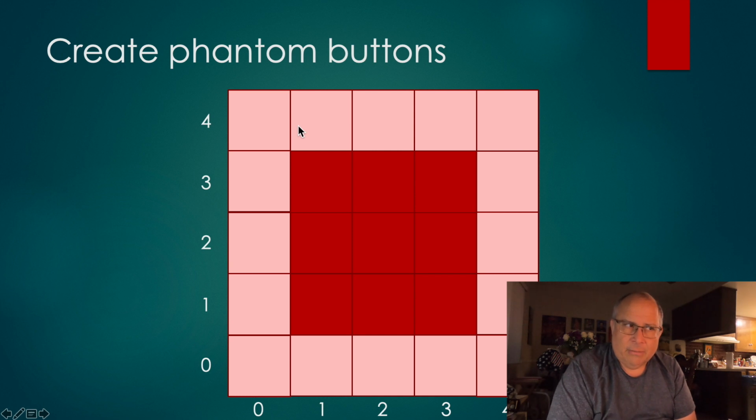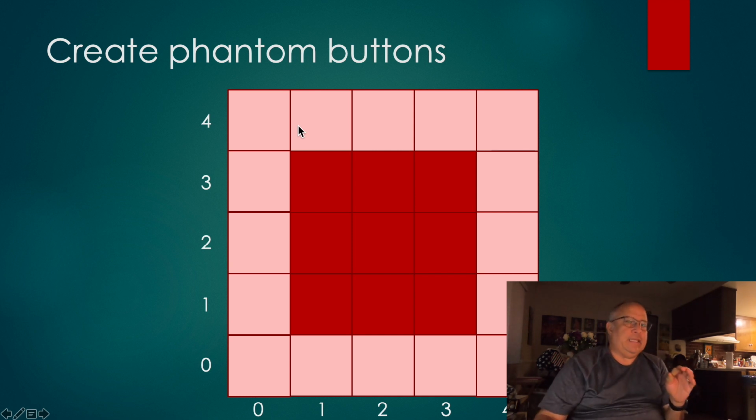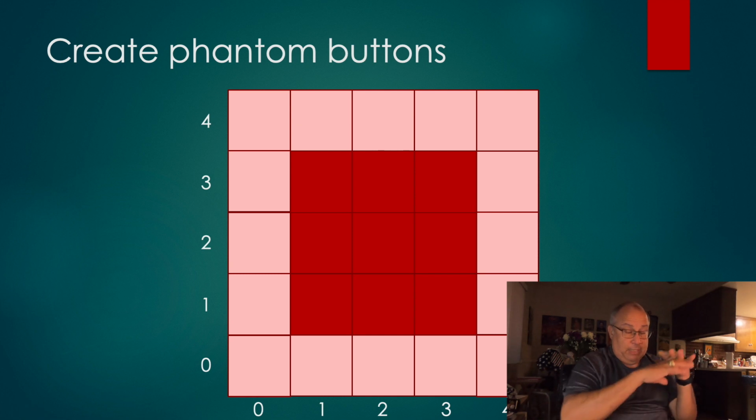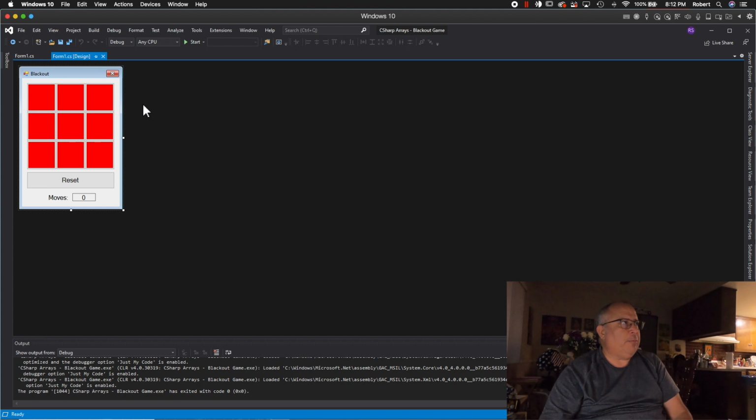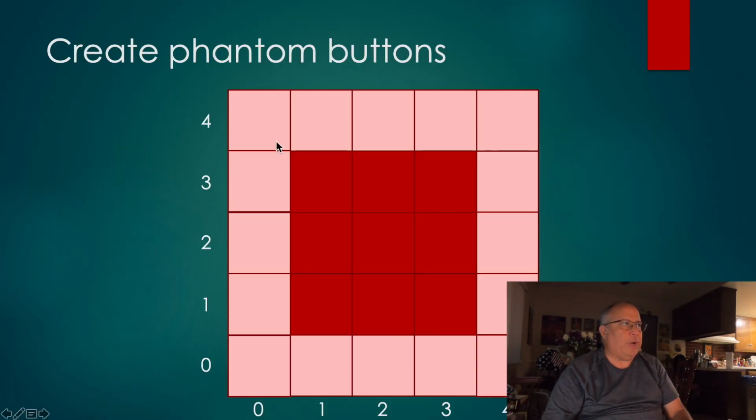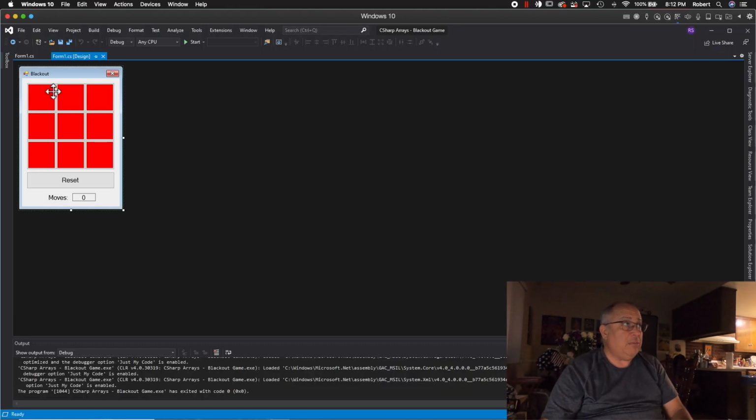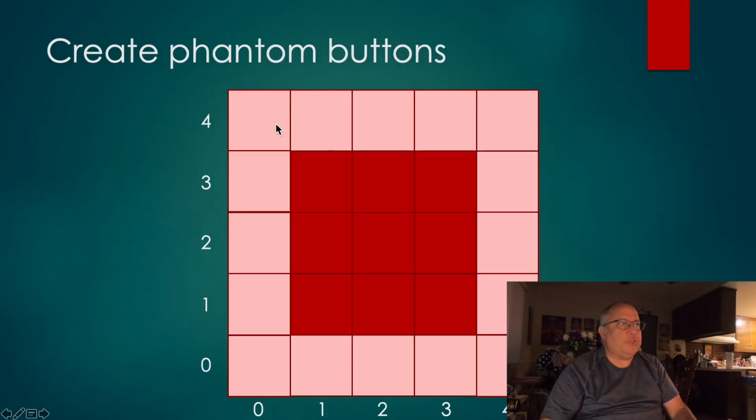Professor Solis, what's a phantom button? It is a button that does not exist in terms of its visual appearance, but it exists in memory. Put another way, if I take a look back at our Visual Studio Code, you'll see that in Design View I have my 9 game buttons. But what I'm actually going to do is, in memory, create these outer perimeter buttons. You don't see them in Design View in Visual Studio, but they will exist at execution by forcibly placing buttons around the perimeter, and now I can use those.